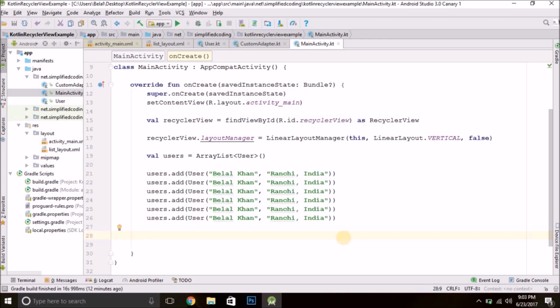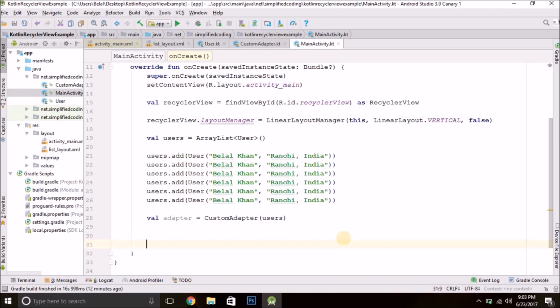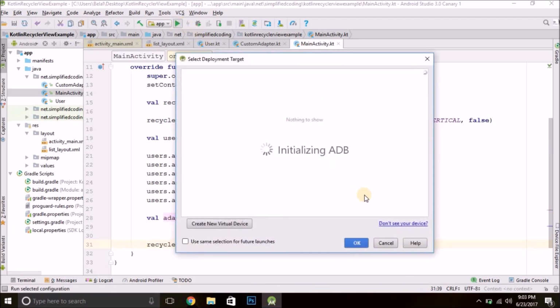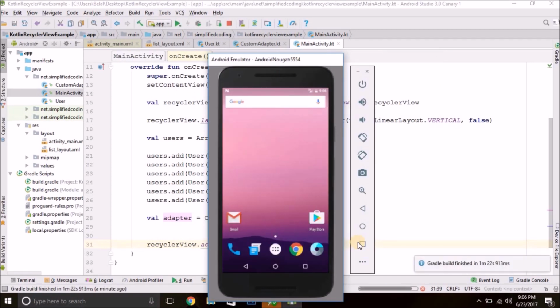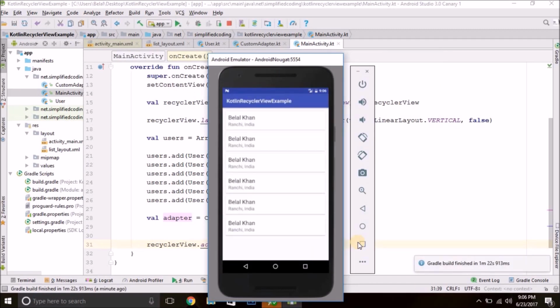Now we will create our adapter. So we will write adapter equals CustomAdapter, and for the adapter we are passing the user list. So we will pass users. That's it. Now we will put this adapter to our recycler view. So we will write recyclerView.adapter equals adapter. That's it. Now let's run the application. So this is our recycler view. You can see it here,